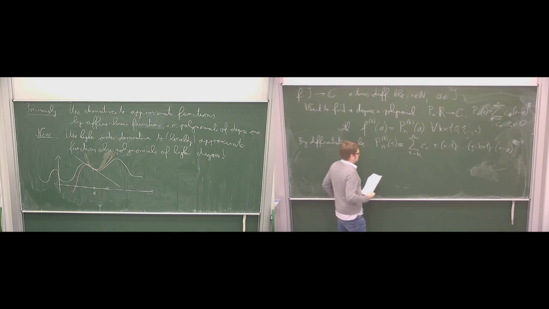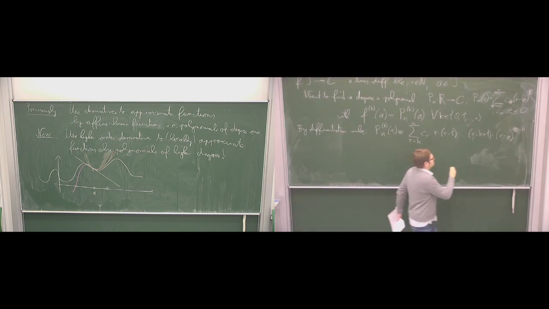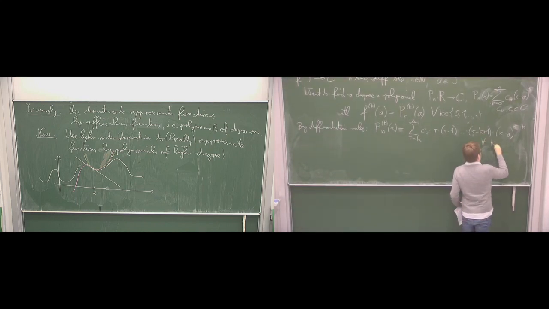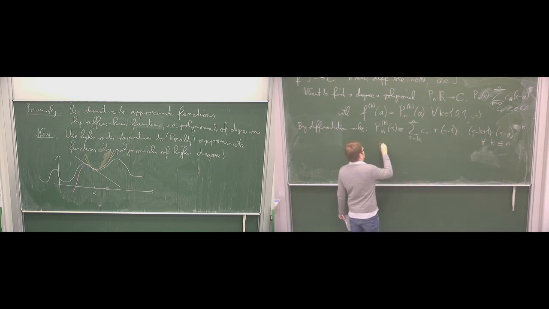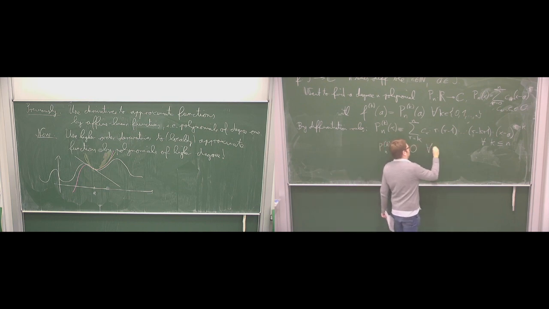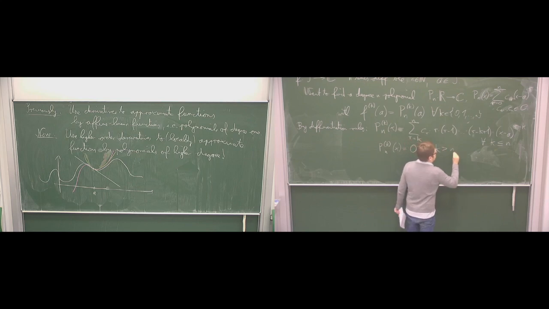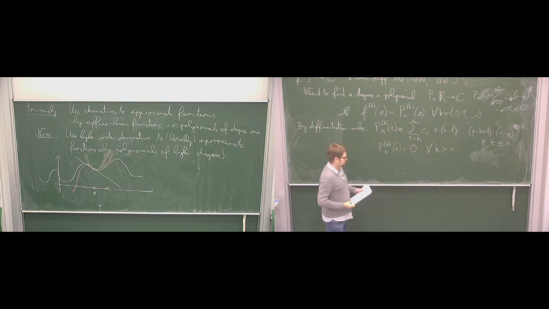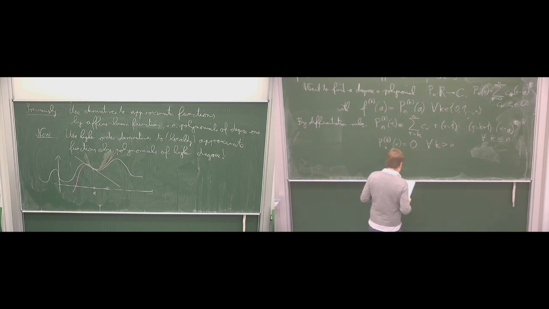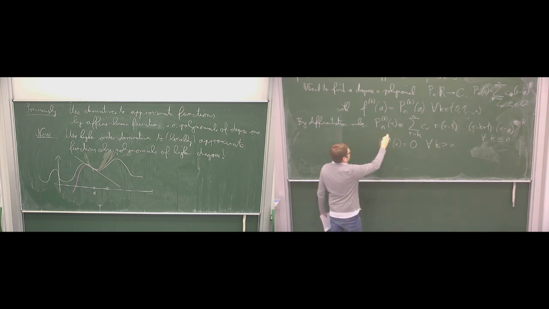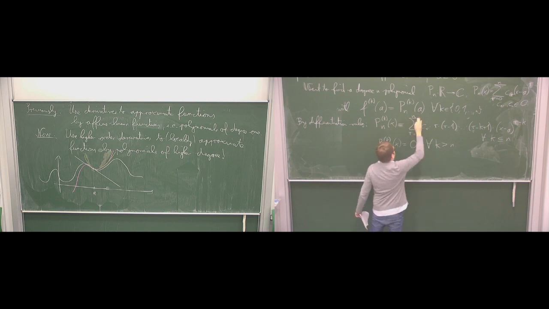And of course this is the case for all k smaller than or equal to n. If k is bigger than n, since this is a polynomial of degree n, this derivative will be 0 for all k bigger than n, as we've seen for the different summands before. Okay, so these are the derivatives. But this means that if we compute the kth derivative of Pn at the point a,